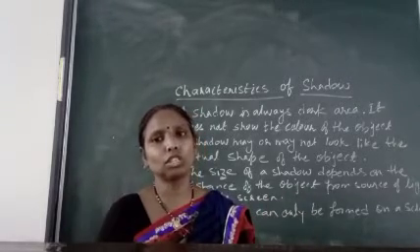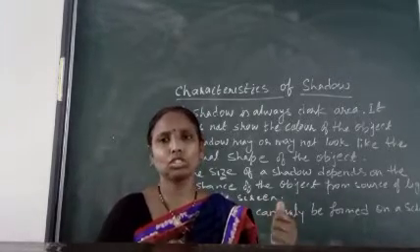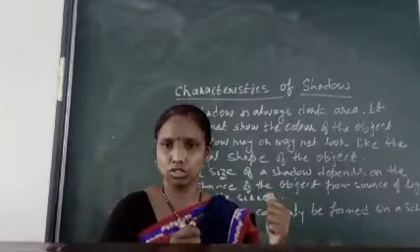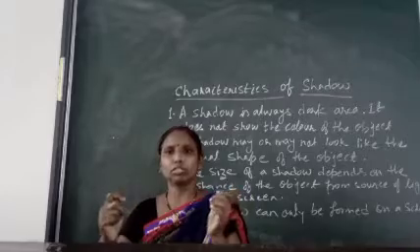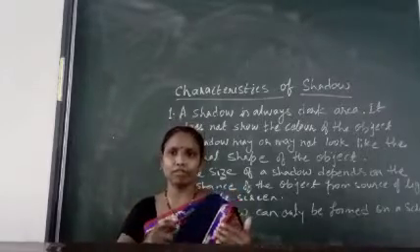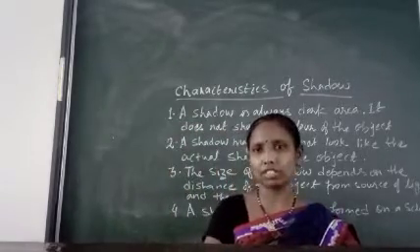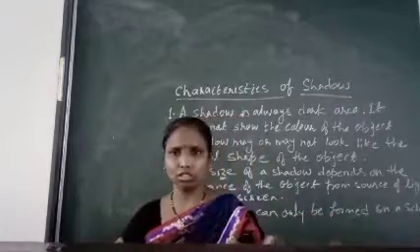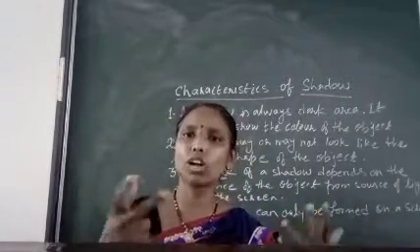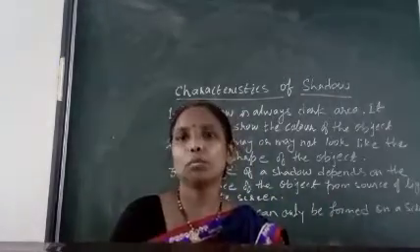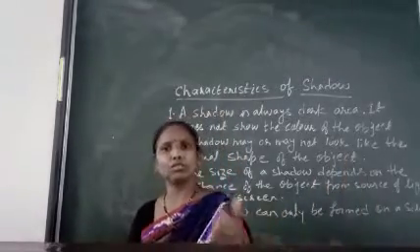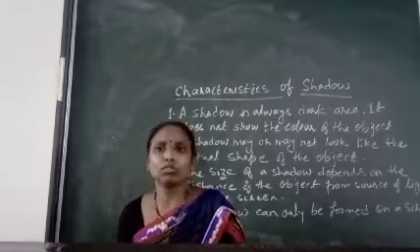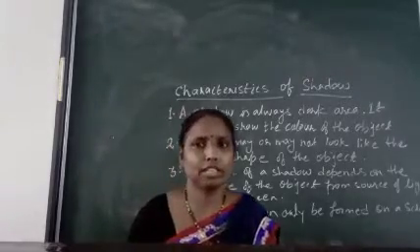If you are not able to change the position of the light, you just change the position of the object in front of the light. Take it a little bit to a side, sometimes front, sometimes left side, and change the position. If you can't change the position of the source of light, you can change the position of the object. Otherwise, if you can change the position of the source of light, then also you can do this experiment.